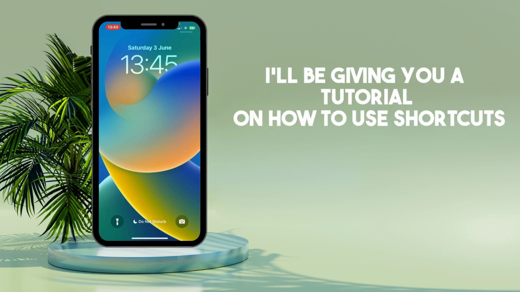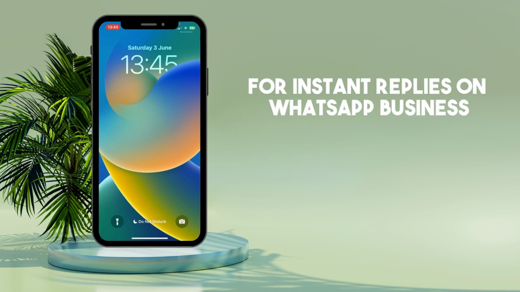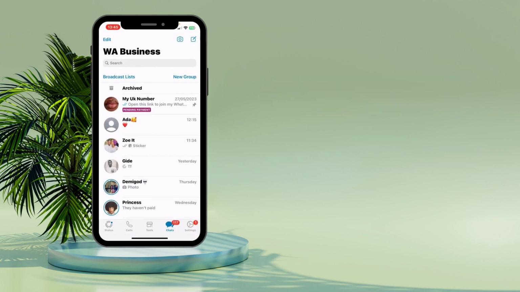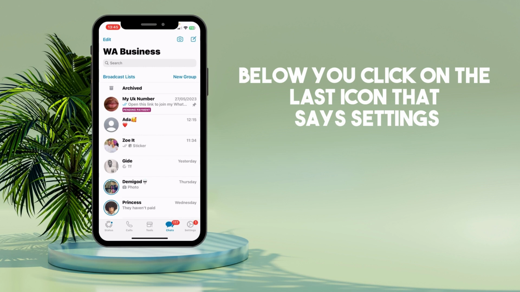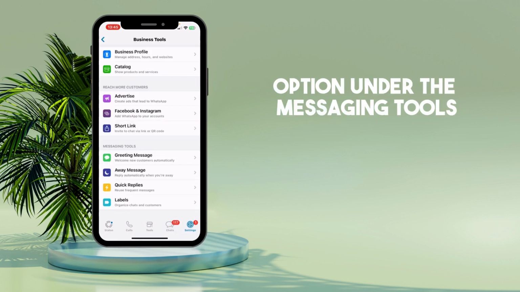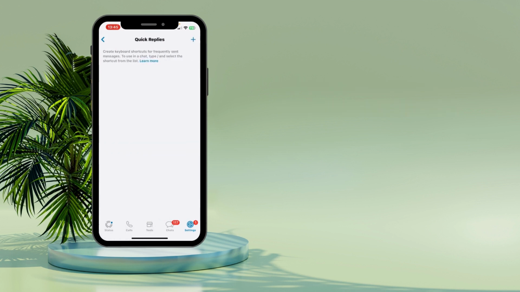In this video, I'll be giving you a tutorial on how to use shortcuts for instant replies on WhatsApp Business. So when you go to the WhatsApp Business application, below you click on the last icon that says Settings. Here you click on Quick Replies, which is the third option under the messaging tools, and then you click on